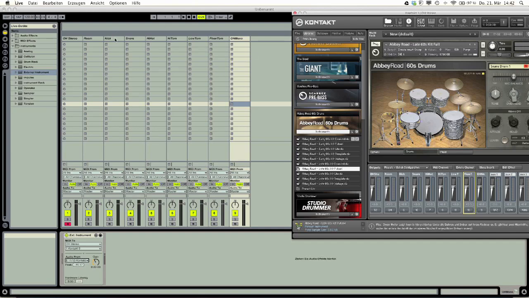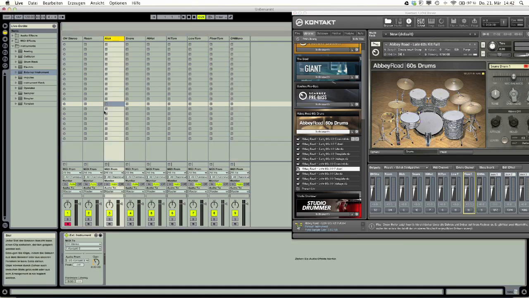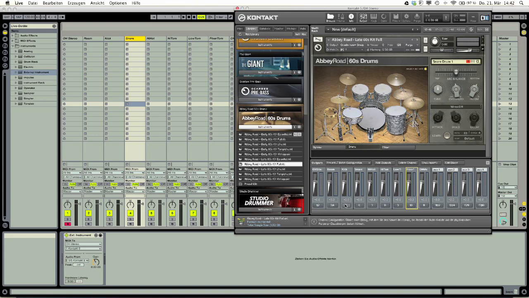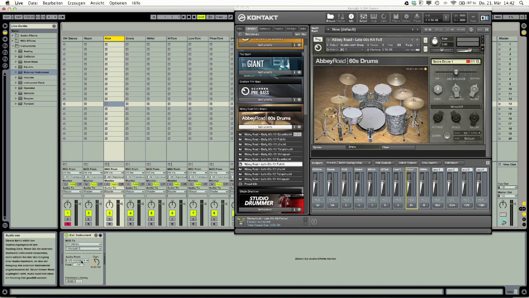And now, here's the problem. As you see here, we have the kick drum and the snare drum routed. In Kontakt, we have a kick drum channel 5, snare drum channel 6. Here in our external instrument, our audio comes from 5 and 6. So you always have the snare drum and the kick drum in both channels. Okay? And now here's a little trick where you can work around this one.